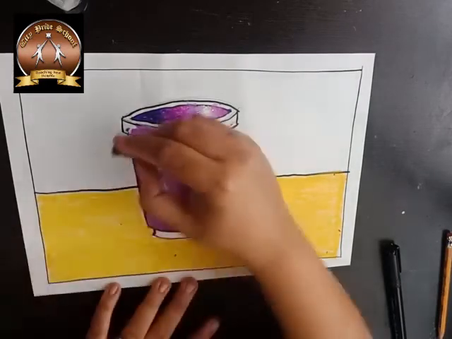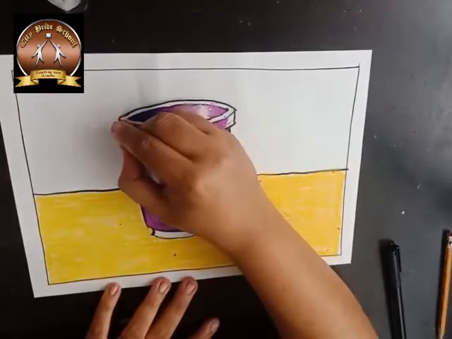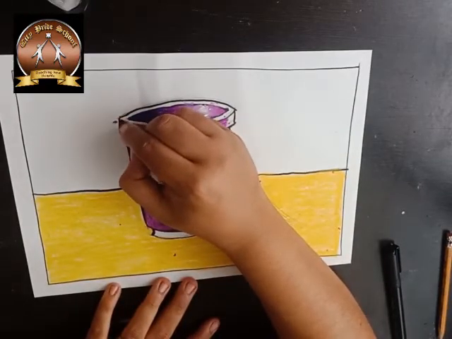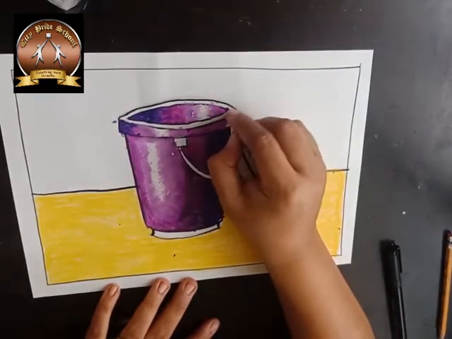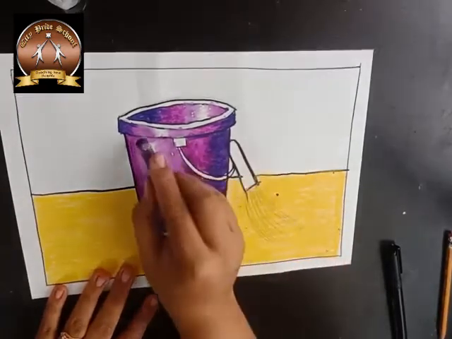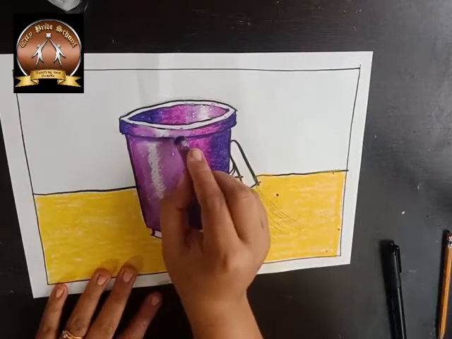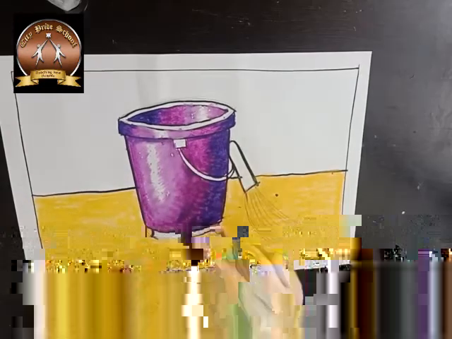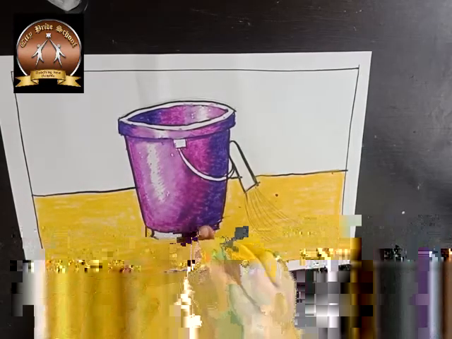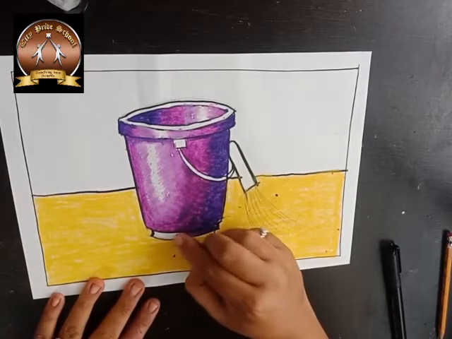I will take the violet, dark violet. The same colors we have to use which we have used to color this below part. Now again the dark violet I will just give here to give the depth to that picture. Now again we have to use the same colors over here for the below part. Dark violet, violet,